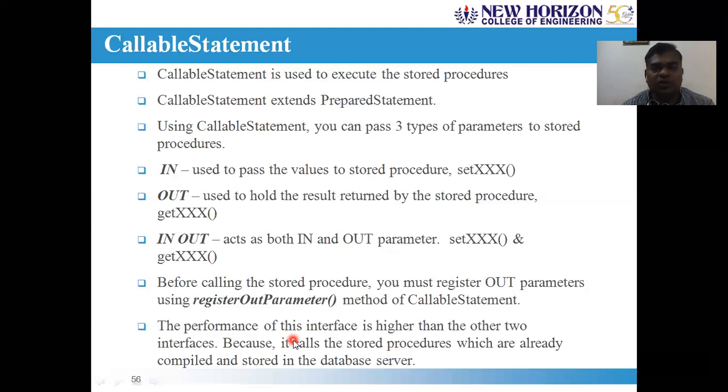Instead, if all the 4 queries are logically related, you can combine all those 4 queries together and place them in the form of a stored procedure, get that stored procedure executed, obtain the results and process them from your end. That is the Java programming point of view. So the amount of communication between the Java program and the DBMS is minimized in the case of a callable statement object with the help of a stored procedure.